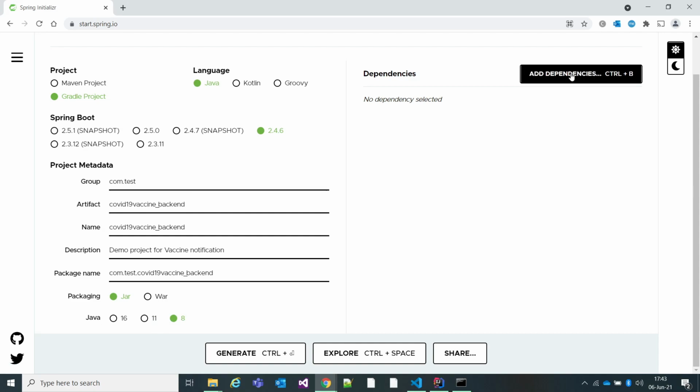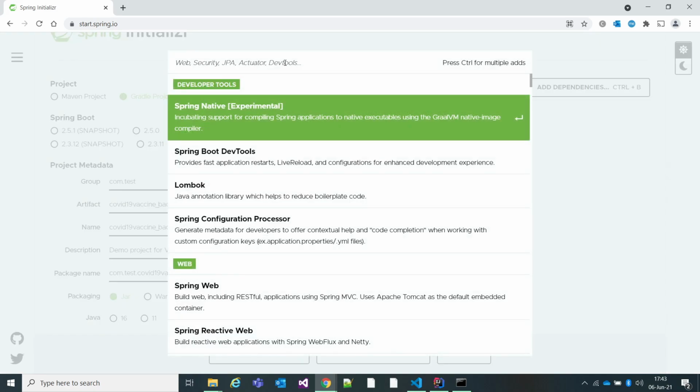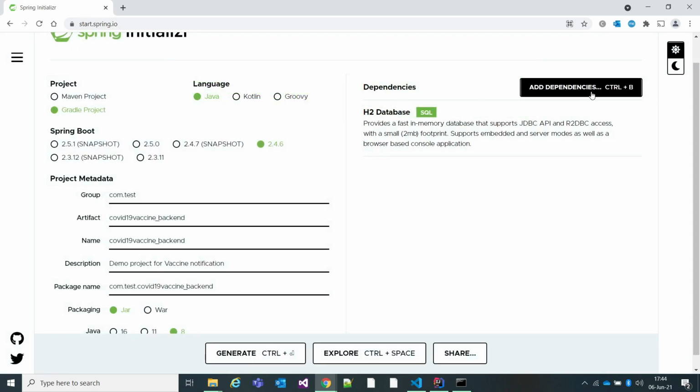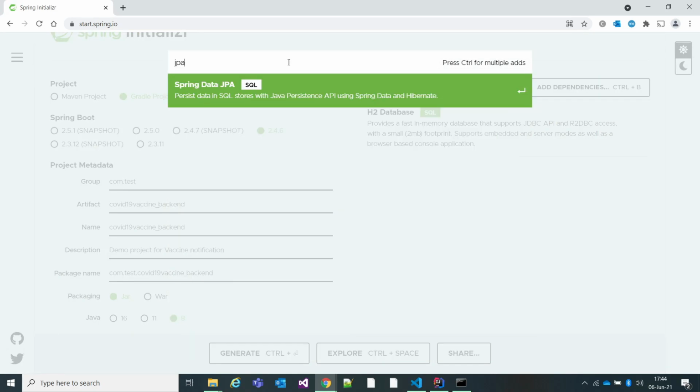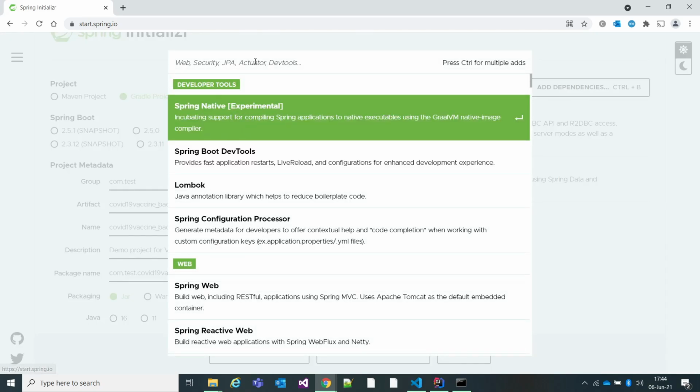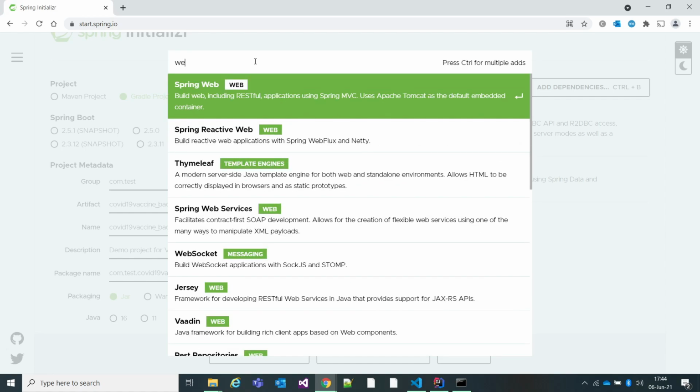Add the dependencies, whatever you think is required. I'll be using an H2 database. I'll be using JPA for persisting my data to the database. It will be a web project, so use Spring Web.